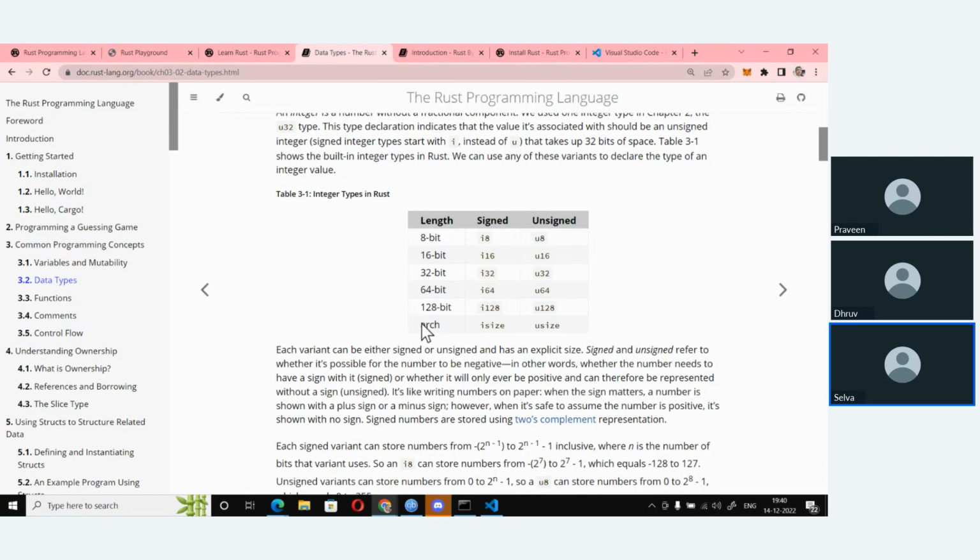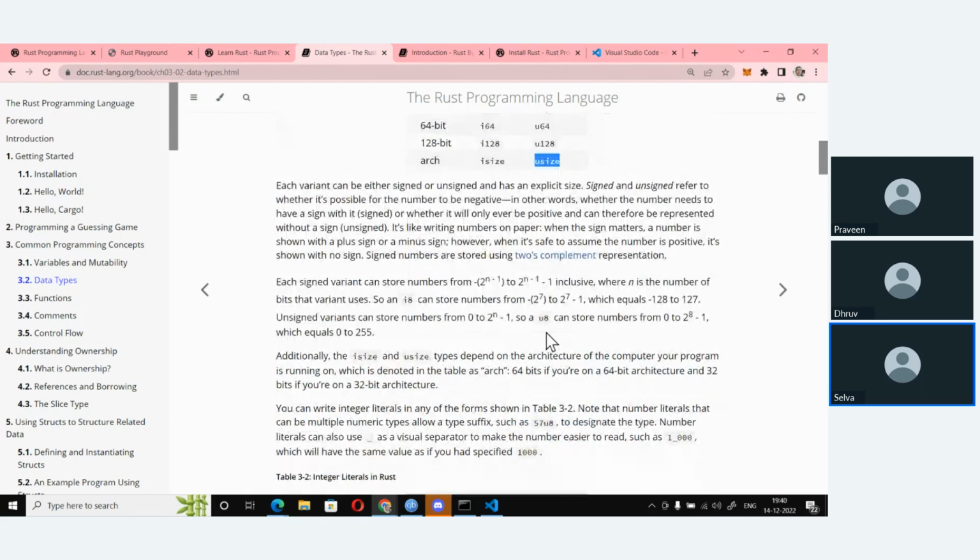There is also arch, which is architecture specific. This is called isize and usize, signed size and unsigned size. This size refers to the word length of your processor. So if you are using a 64-bit processor, arch will be 64 bits.